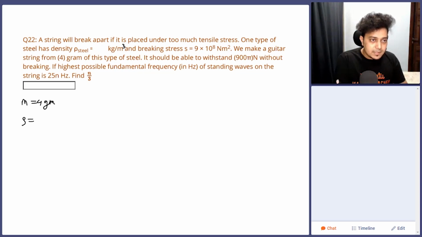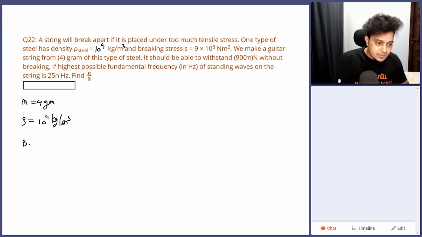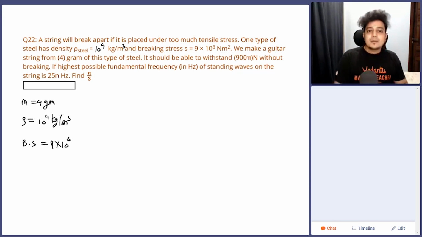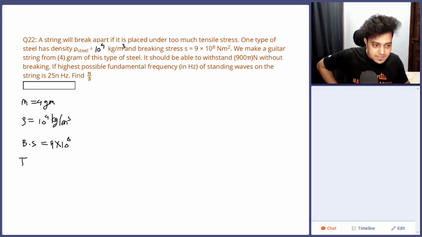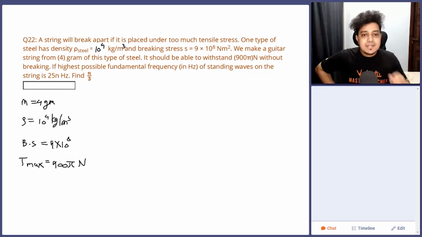I believe this should be 10 raised to 4, so 10 raised to 4 kg per meter cube. Then breaking stress is given to you. Breaking stress is 9 into 10 raised to 8. The maximum tension it should withstand is 900 pi Newton. Okay. So let's calculate the